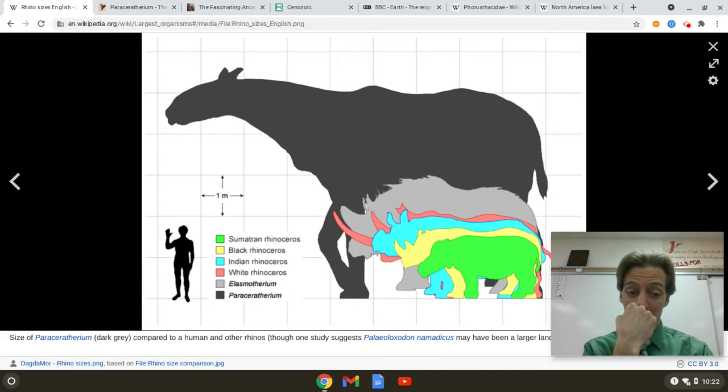Paracetherium. This is one of the largest land mammals ever in all of history. You can look up land mammals now and you'll get elephants. This dwarfs modern elephants by a lot. It's a hornless rhino that roamed parts of Asia through the early and mid Cenozoic. It's huge. You could see different modern rhinos, right? The 4 modern rhinos, and then 2 ancient rhinos.